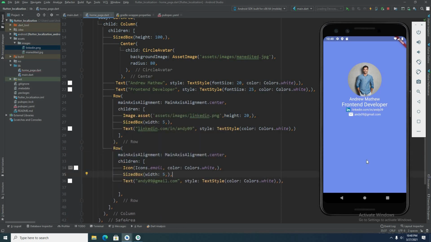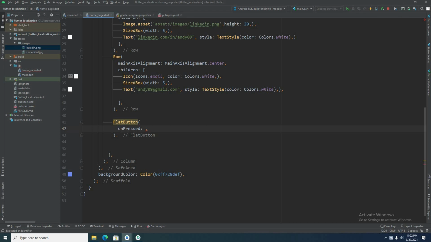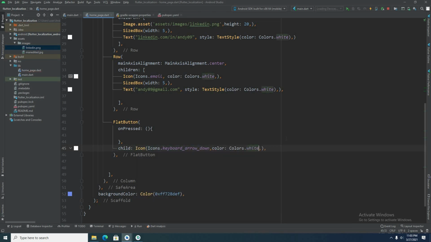Now the only thing that is left here in the screen is a flat button which will navigate us towards the next screen. For that, I'll create a flat button. I'll keep onPressed null for now. Since we want this flat button to be circular, I'll add a property called shape. And this property will further take a circle border widget.